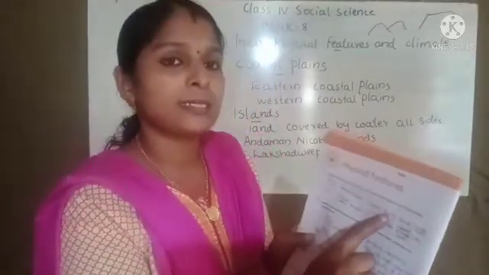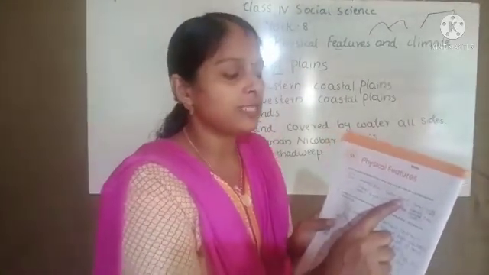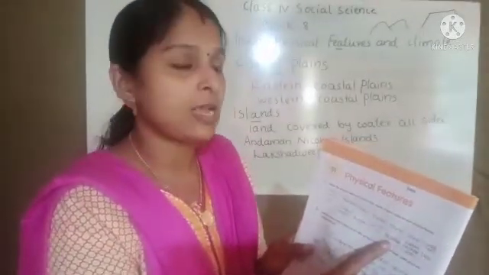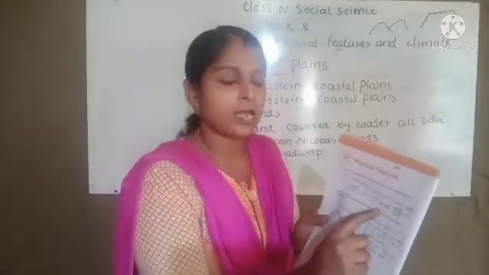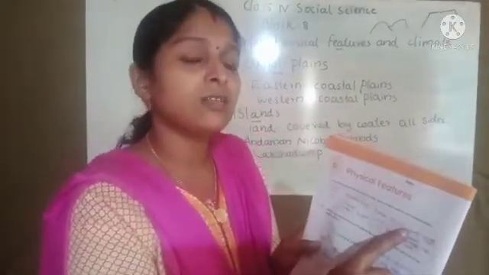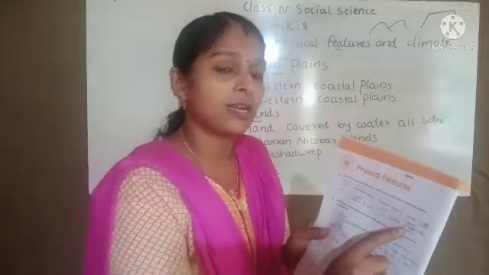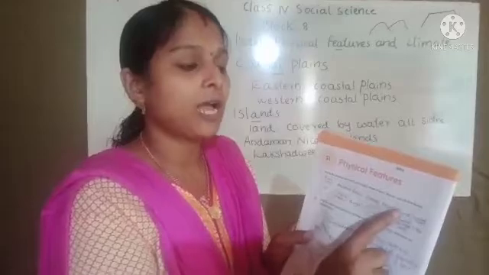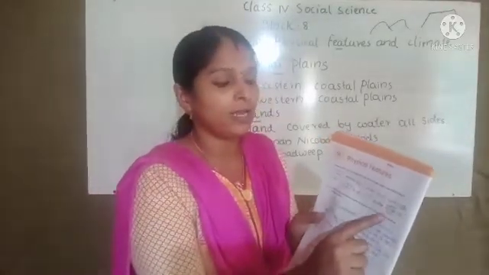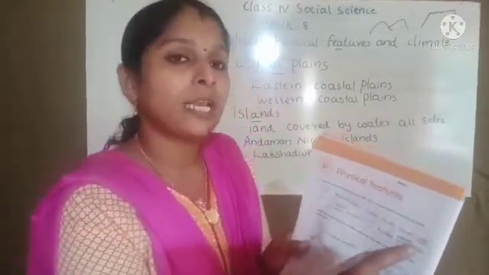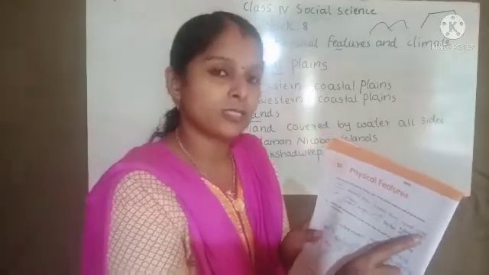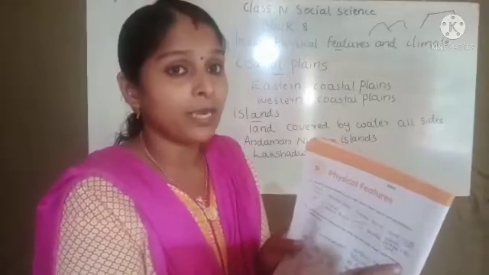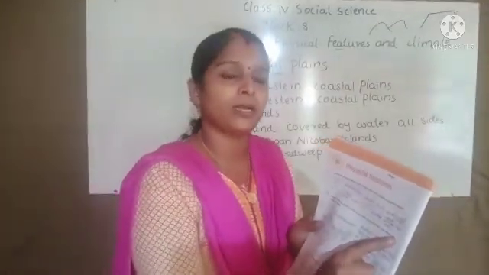Then next one, desert. Next physical feature is desert. Downside you can write the state Rajasthan. Okay. Desert, Rajasthan. Next physical feature is island. So what can we write there? Andaman and Nicobar Islands or Lakshadweep you can write. Okay, island, Andaman and Nicobar Islands. The next one is coastal plains. You can write any one coastal area. Goa. Okay, any coastal area you can write.